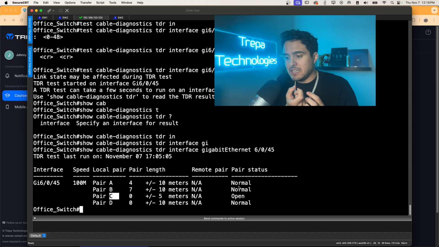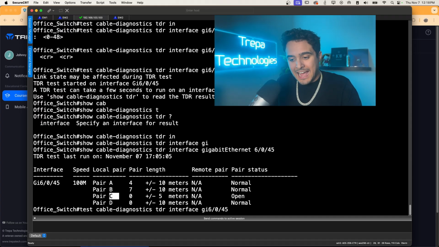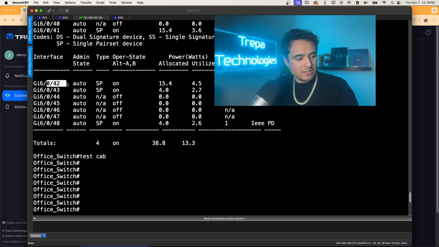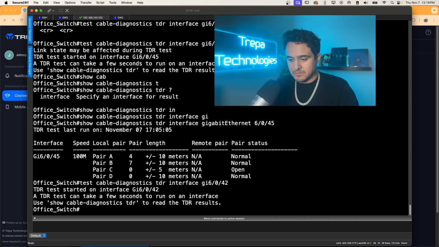But I'd probably see that pair C, which I don't know if that's green, white, green, I can't remember, is probably just a little short of going all the way to the end. So I think this is pretty cool. Let's see. What's another gig 42? Let's do 42. And then we can show